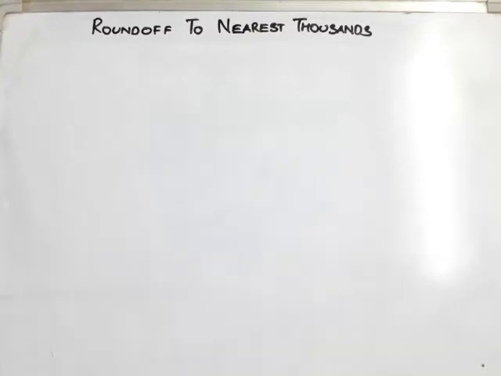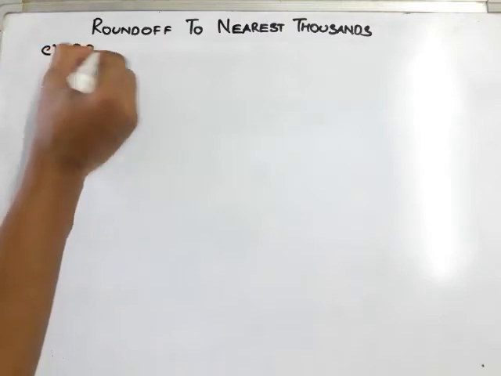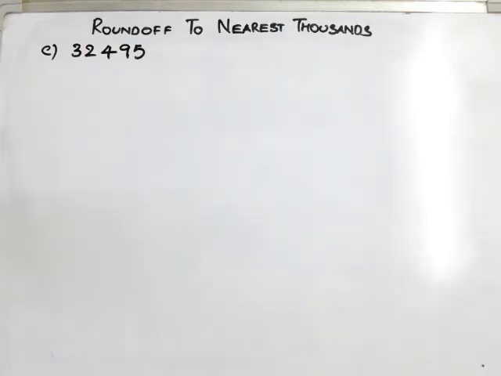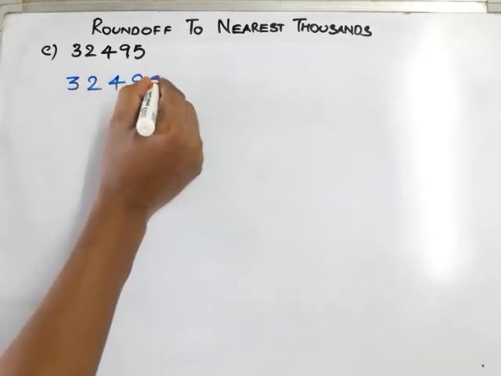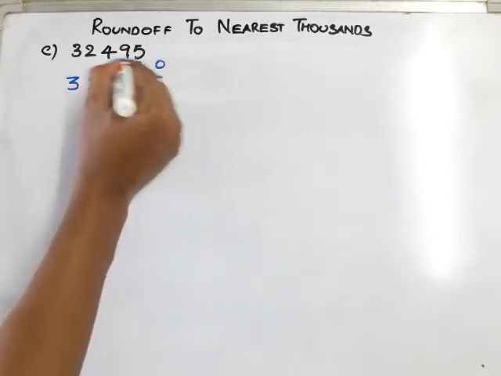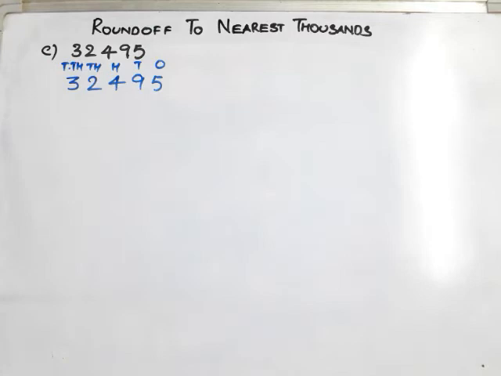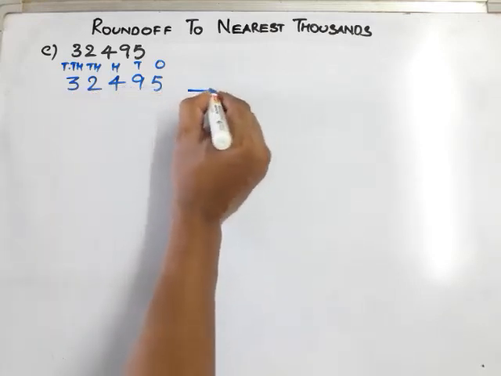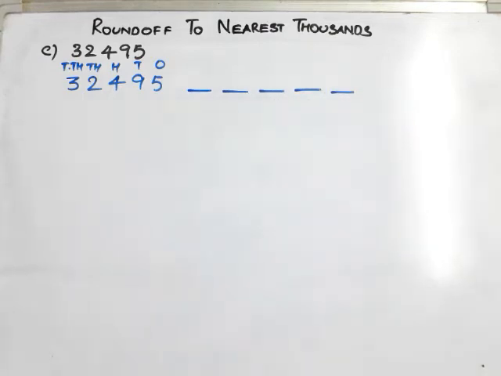So look, next is E. I am taking 32,495. The places are ones, tens, hundreds, thousands and ten thousands. Here we have the place of ten thousand. So please observe the problem carefully. 1, 2, 3, 4, 5. So the new one also will occupy 5 places. Okay. Now look.